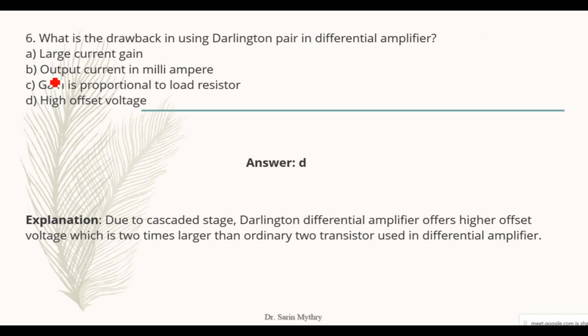What is the drawback in using a Darlington pair in a differential amplifier? So let us see now what the drawback is. Due to the cascading stages, the Darlington differential amplifier will have a higher offset voltage, which is 2 times larger than the ordinary 2 transistor differential amplifier. Here in this Darlington pair, you are going to get a higher value of current gain. But when it comes to the voltage gain,